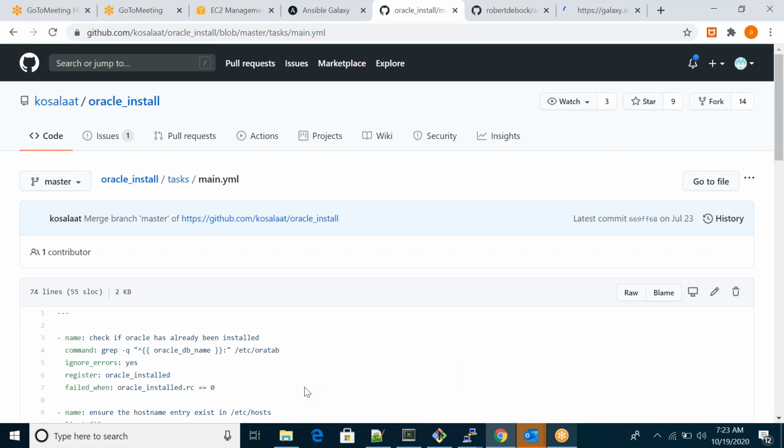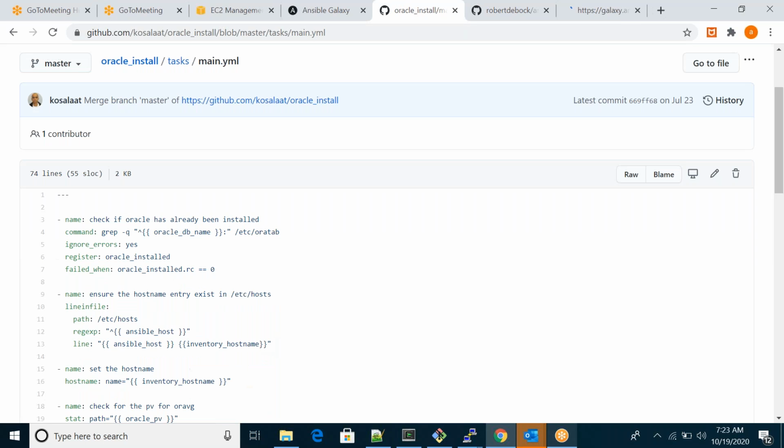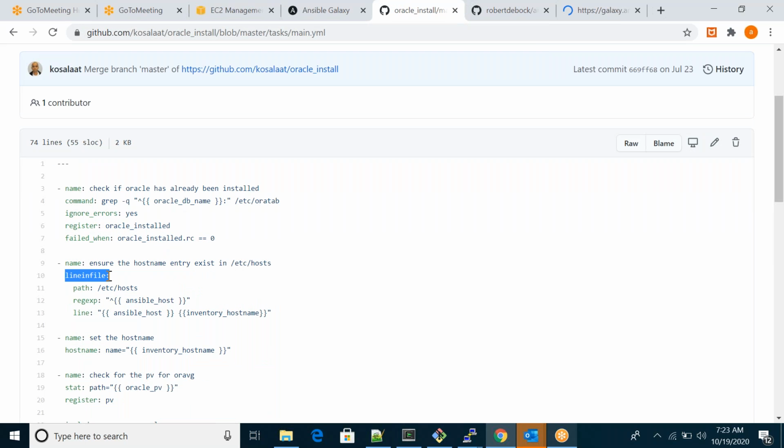Here you can see, first they check whether the software is already installed or not. Then they use lineinfile, which lets you replace an existing line in a file. This is the existing one, maybe a variable, and they replace it with a new line.